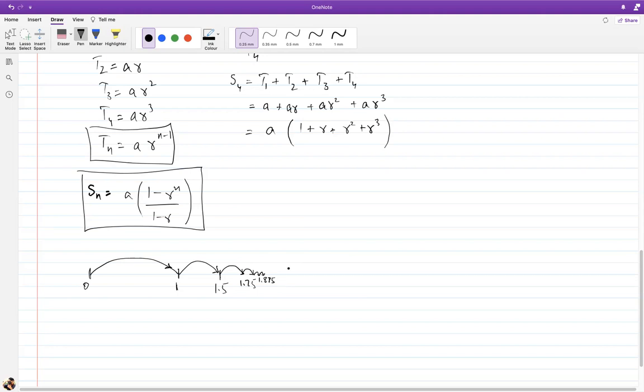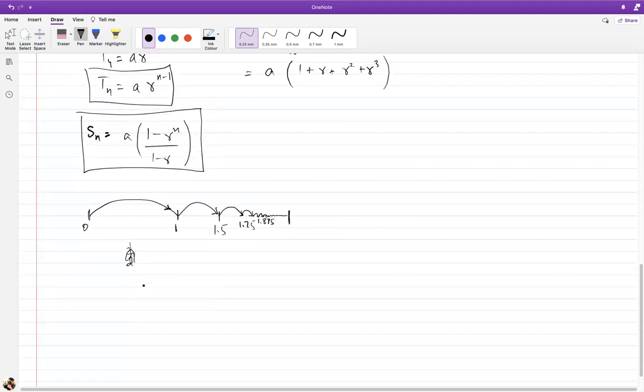So ultimately where will he reach? If he keeps on doing that infinitely many times, how much total distance will he cover? It's a geometric series, by the way. He's multiplying the distance with half every time. He's basically adding half every time. So I don't know. Okay, let me show this in a graphical way.